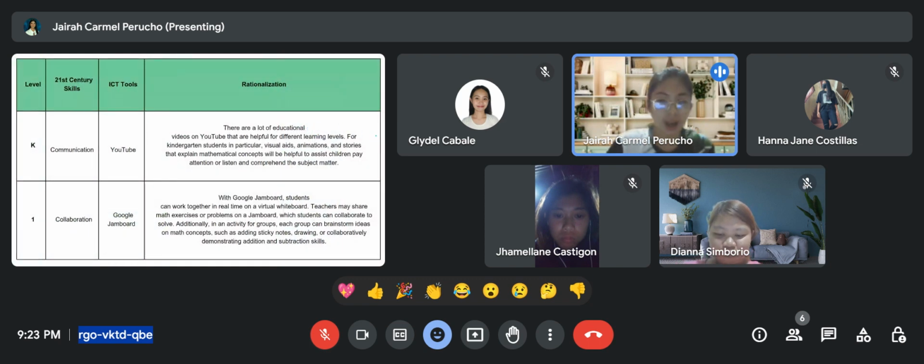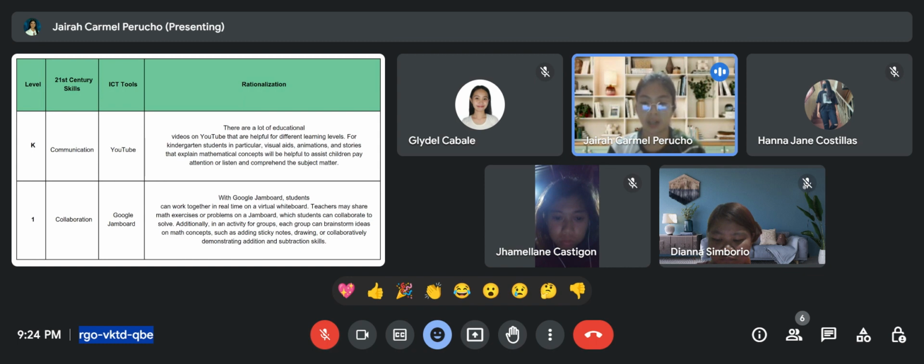So, let's begin with kindergarten. So the 21st century skill that we choose here is communication. Since at this level, developing communication skills is important because it serves as the foundation for future academic and social success. It helps children express themselves effectively, making it easier for them to grasp new concepts and engage in